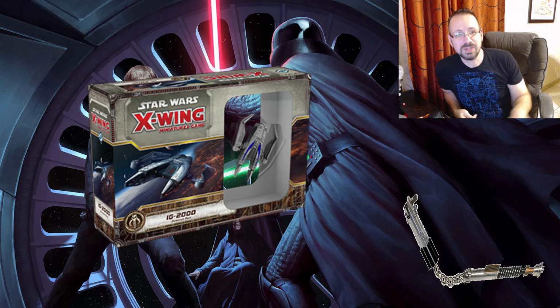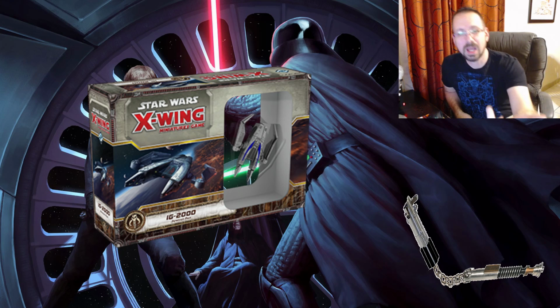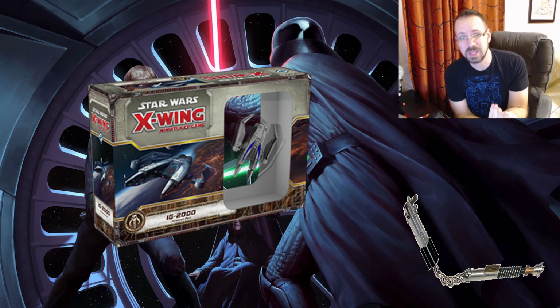Next up, the IG-2000. This was a very, very strong and very dominant ship for a long time. People would run what's called brobots, and it was 2 of the IG-2000s. And so the concept with this ship, this was one of the launch ships, is that for Wave 6, it was one of the